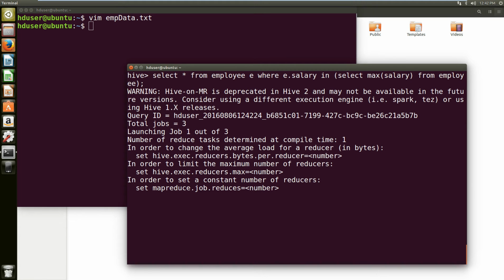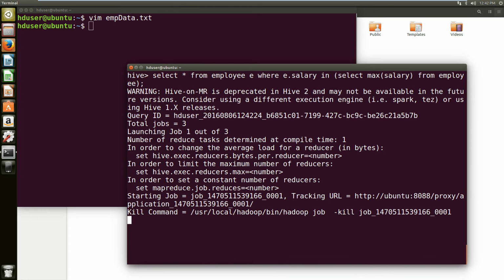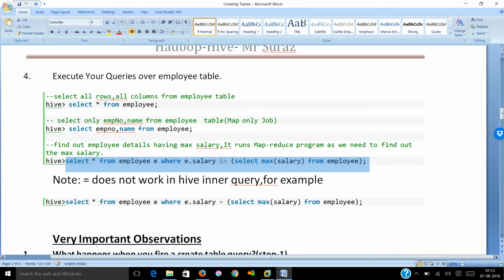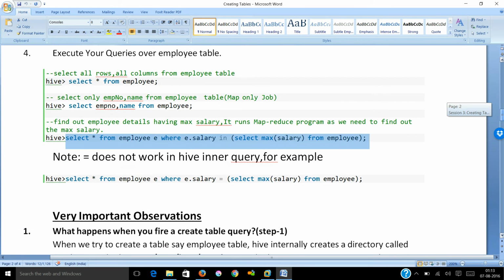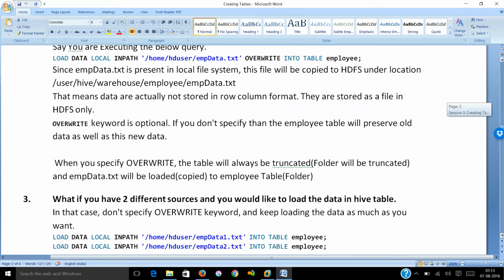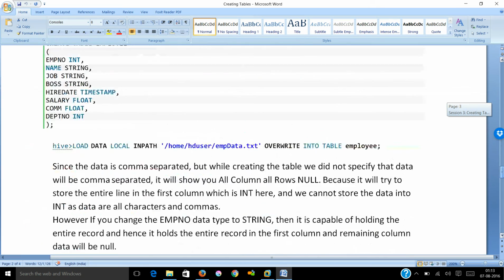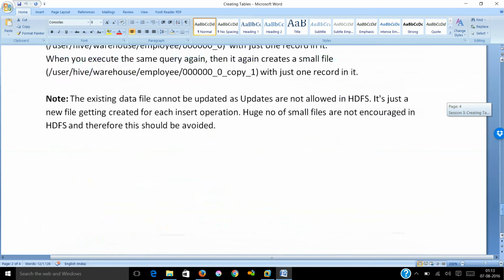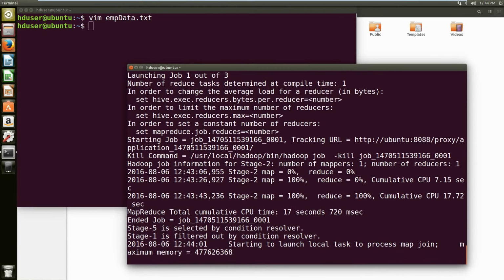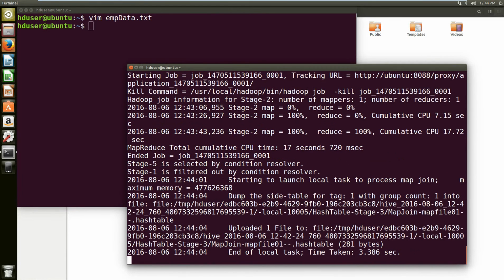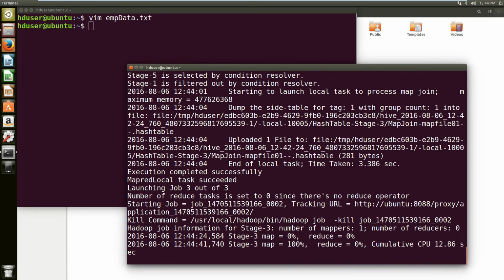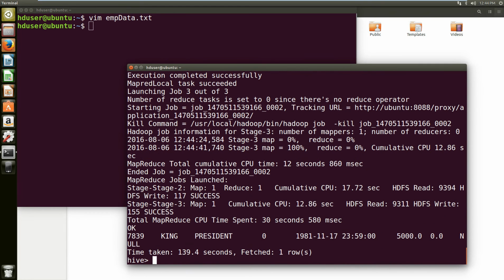We're just trying to find the employee who gets the highest salary in the organization. Alright, so finally we got the output.